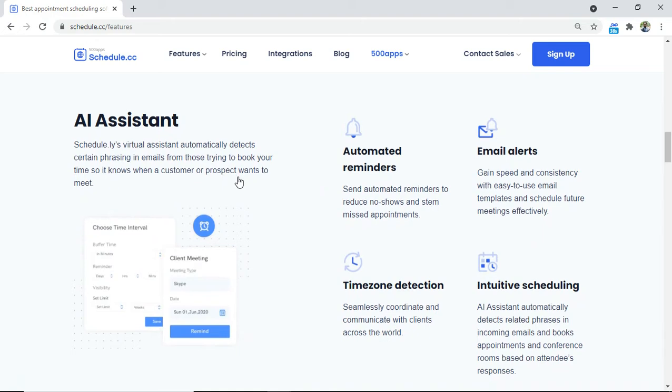So first of all, coming to AI assistant, artificial intelligence assistant, it has an inbuilt AI assistant which can automatically send reminders to you. So this will make our work easier, right? If we have scheduled a meeting or an event, we get an automatic reminder that this event is scheduled at so and so time, so our work will be easier and we'll be getting an instant alert. Okay, I have to go to that meeting, and you'll also be getting email alerts.